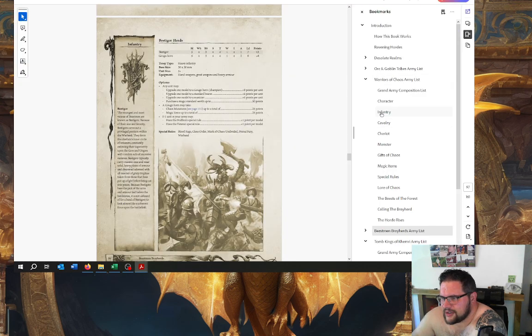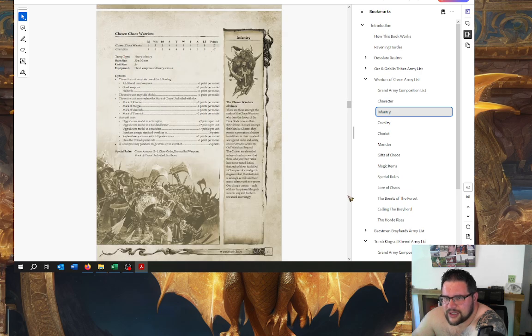So Warriors of Chaos, Infantry, Chaos Chosen, are they quite expensive? There's 17 points. Obviously you want full plate, so 19. Obviously you want drilled, so 20, and obviously you want shield, so 21. So they're already very expensive. However, for that you get a toughness 4 model with a 3-up save, with 2 attacks base, initiative 4, weapon